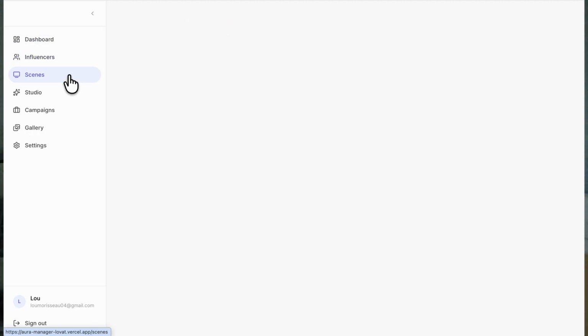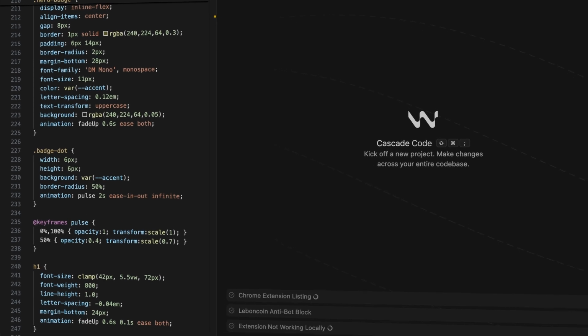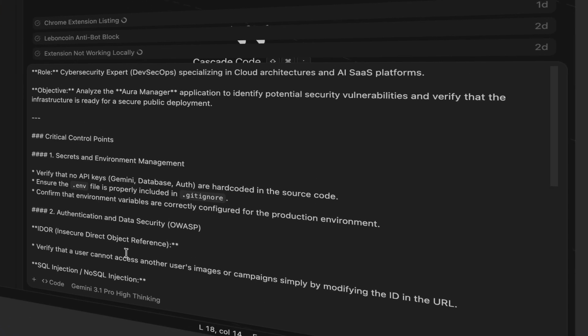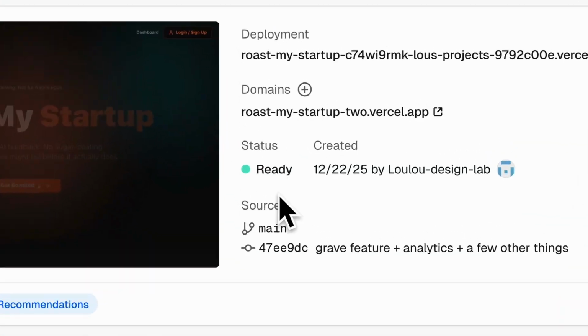Week 3 was about finishing, not perfecting. I polished the UI and tested every single feature. I actually asked AI to run full audits of the app to catch any security bugs and fix UX problems. And right at the end, Google dropped a new image model, Nano Banana 2. Slightly more expensive, but so much better. I switched the entire app over to it. I still have about 250 euros in Google credits, so I can absorb the cost for a while. And then I just shipped the app.